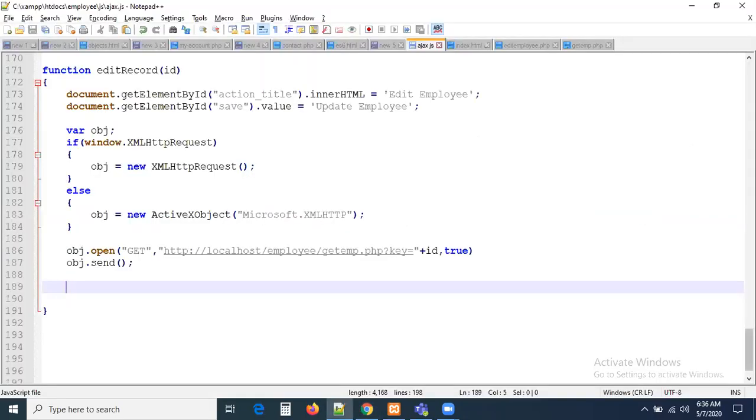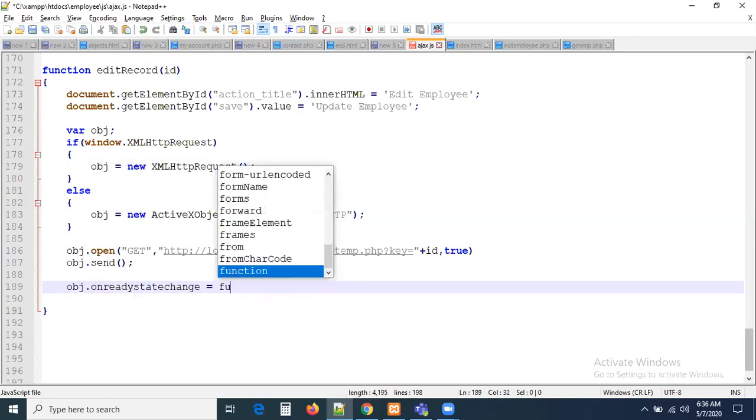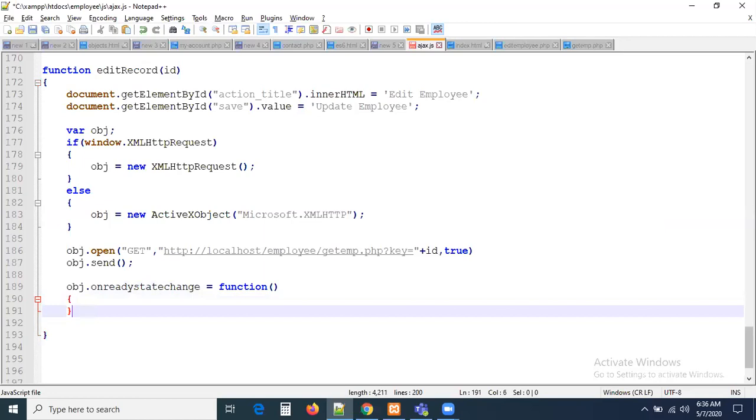Let's go there. So handle the response here. Obj dot onreadystatechange equal to some function, right? This function will handle the response now.